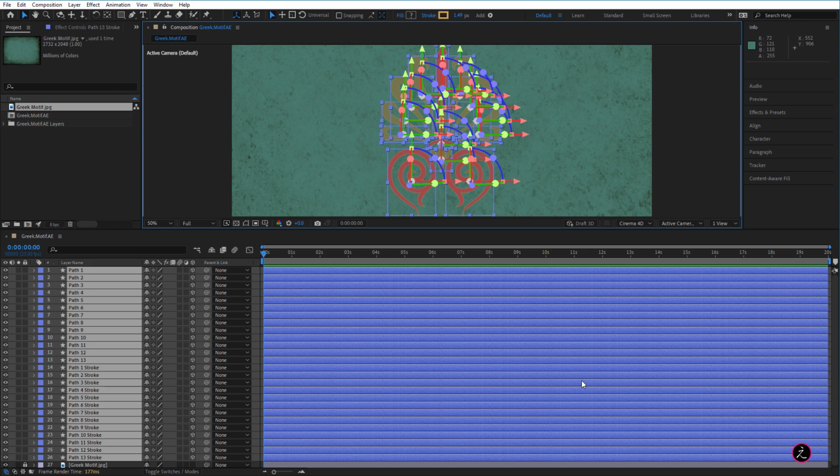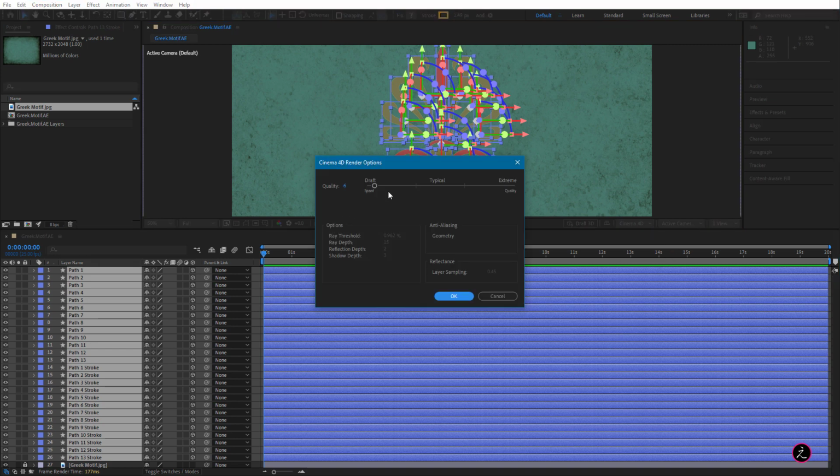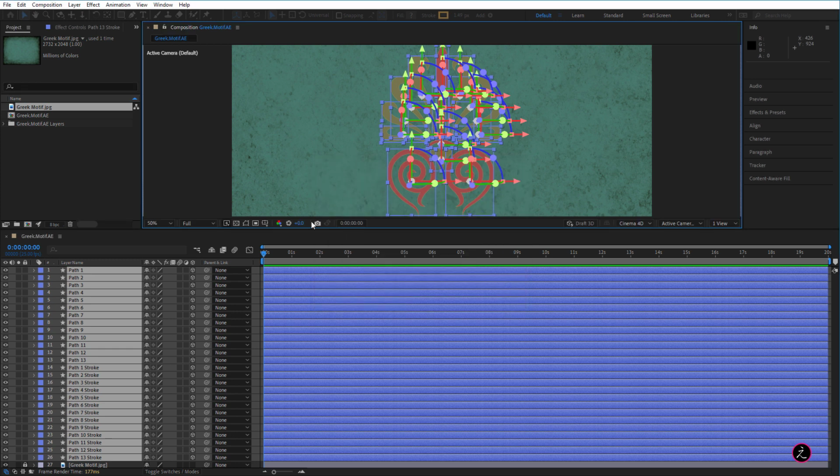The Cinema 4D composition renderer basically is the tool for the extrusion of text and shapes. Let's also look inside the renderer options. For the quality, I'm using the draft mode because that would take less time to draw the 3D layers. But at the very end of the project, I will drag this slider all the way to the extreme to have a very clean final render. So I'm going to cancel this out. I'm very okay with that.